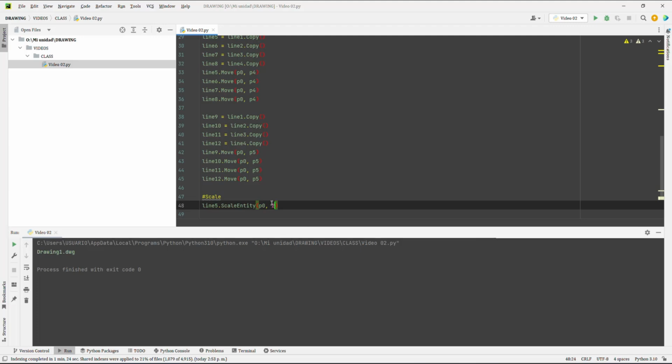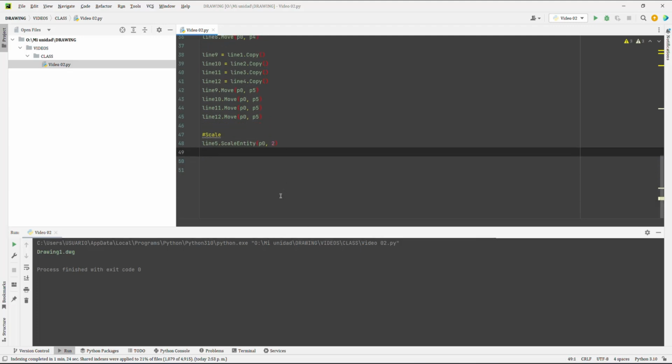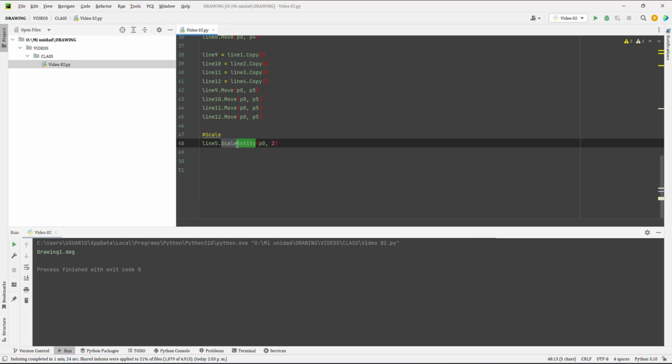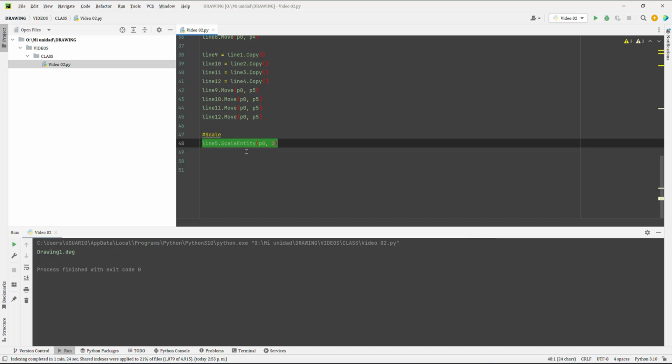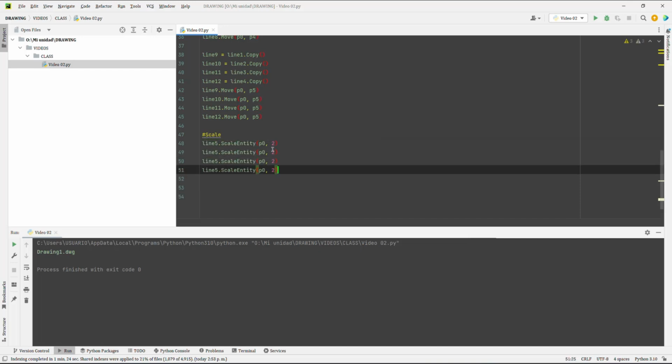If the number is greater than 1, that means the line will become n times larger. On the other hand, if the number is less than 1, the line will be reduced n times according to the value we set. Now, we will scale the 2 additional squares we have. As you'll notice, we'll double the size of the first one while reducing the other to half.